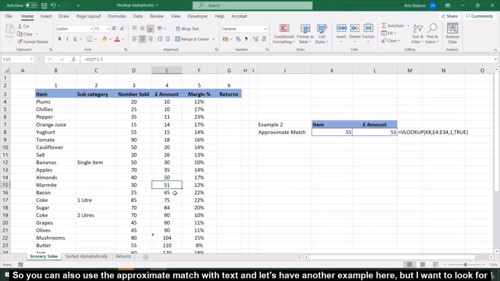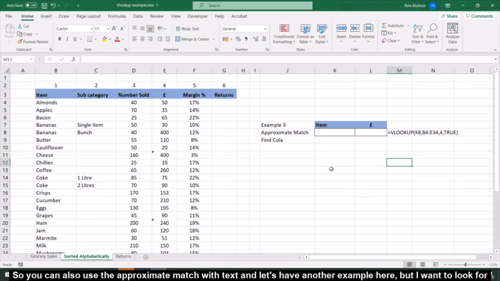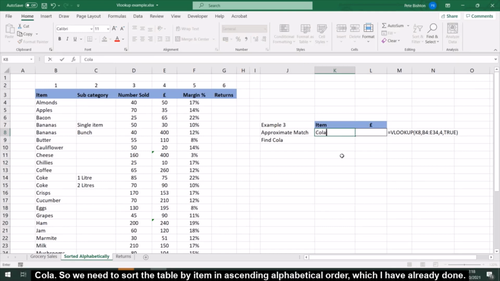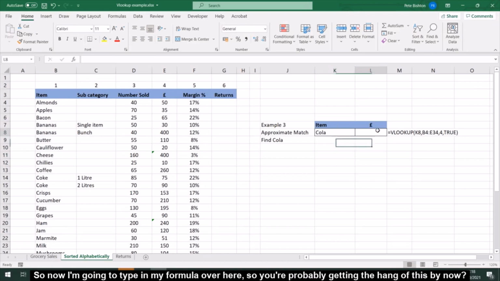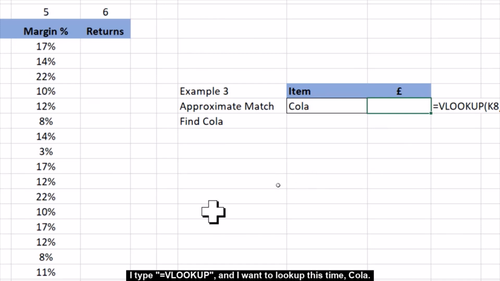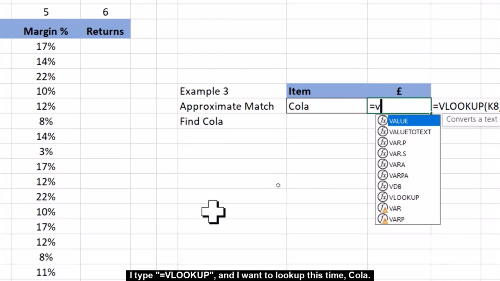So you can also use the approximate match with text. And let's have another example here where I want to look for cola. So we need to sort the table by item in ascending alphabetical order, which I've already done. So now I'm going to type in my formula over here. So you're probably getting the hang of this by now. I type equals VLOOKUP